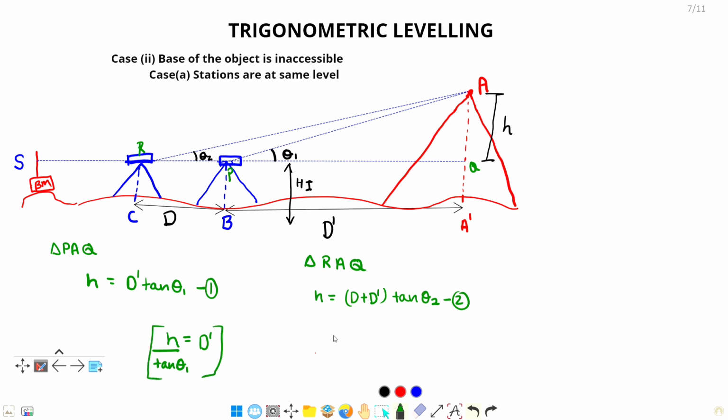Now substituting this value in this equation, I will get h is equal to d plus d dash tan theta 2, and d dash is equal to h upon tan theta 1, so it will become tan theta 2 upon tan theta 1 into h. It will go there and h will come out to be